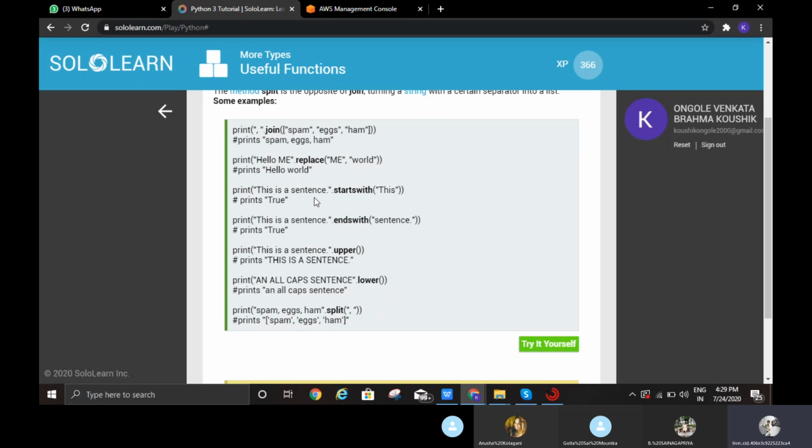In this one, print "this is a sentence".startswith("this"). Here the sentence is starting with this, so it is true. And print "this is a sentence".endswith("sentence"). The sentence ends with sentence, so it prints true.